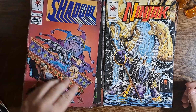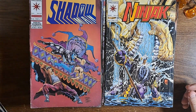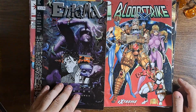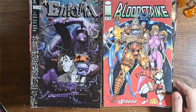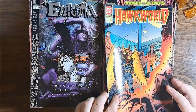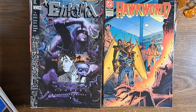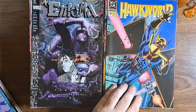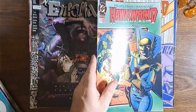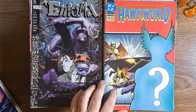Shadow Man number 17 with a ripped up cover that's just barely hanging on there. Bloodstrike number 4, rough copy. Enigma number 7. Hawkworld number 15. Hawkworld 17. Hawkworld 18. 19, 23, 25,